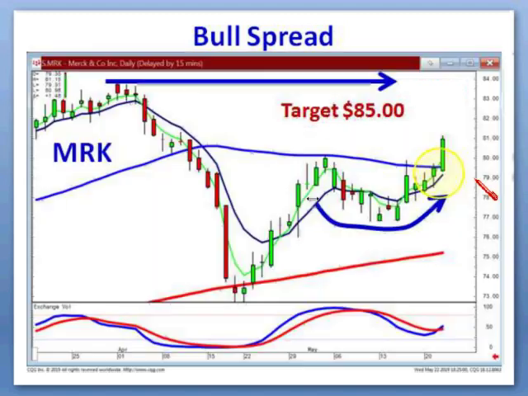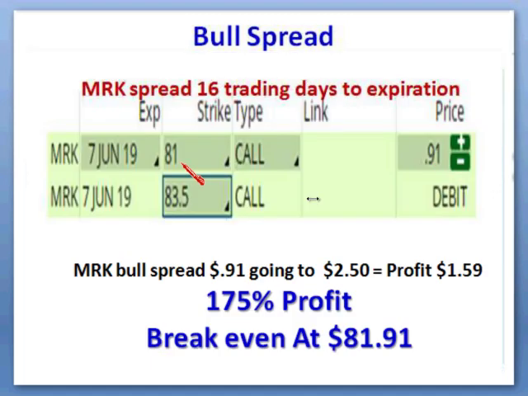Calls wouldn't be very effective if the stock had closed at 80, about 81. Not a big move. But if I can calculate the move and the spreads make sense, if I bought the 81s, sold the 83.50s for 91 cents, I know that if it goes up to 83.50,